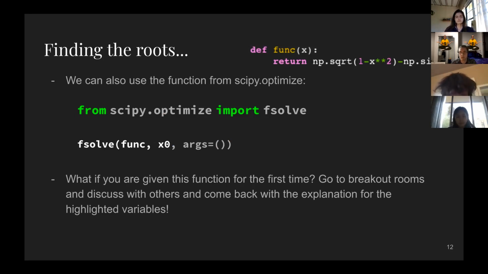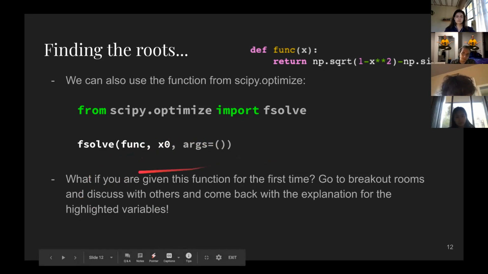There's the bisection method and secant method and Brent method and so on. It doesn't really matter. The two that we use the most are usually fsolve and root. So from scipy.optimize import fsolve, literally taking a function and a guess. Sometimes you have some extra arguments, but usually it's just a function and a guess for what that root might be, and it'll spit out the roots for you.